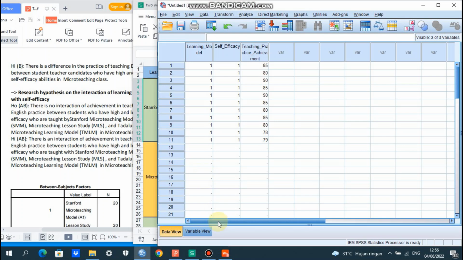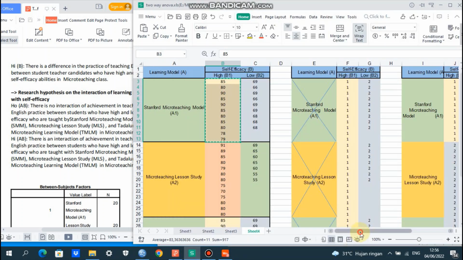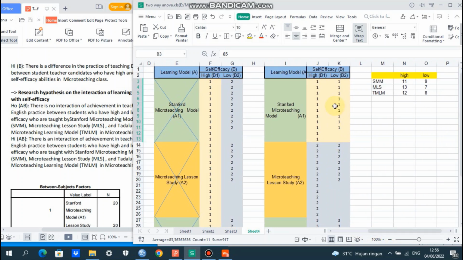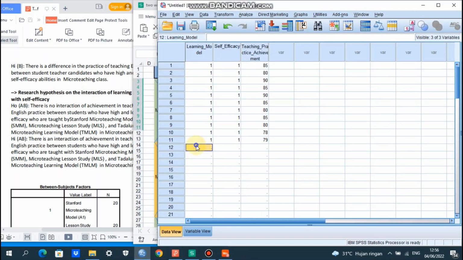And then next, we copy the codes, the 9 codes, for the 9 students joining the Stanford micro teaching learning model with low self-efficacy.